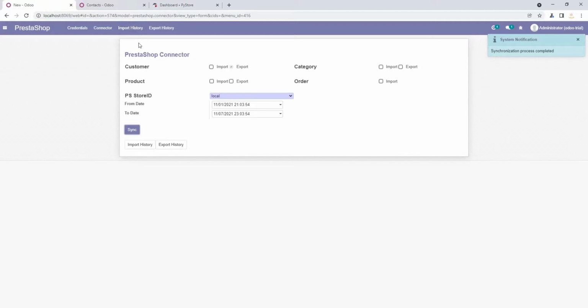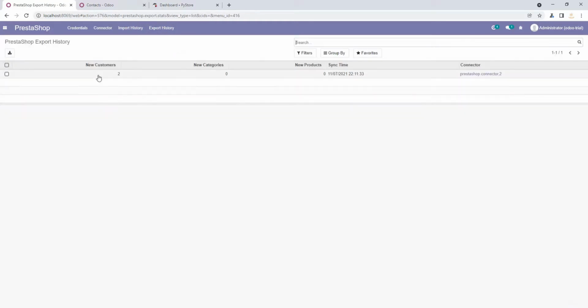As you can see, we have other options, import history and export history. You can check all the activities regarding imports and exports. I just click the export history. As you can see, the two new customers were exported successfully.